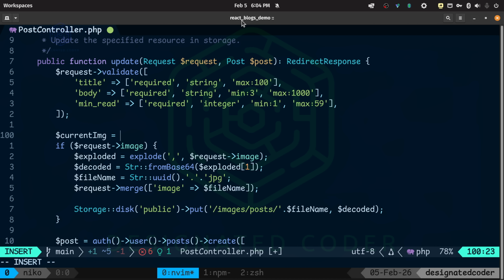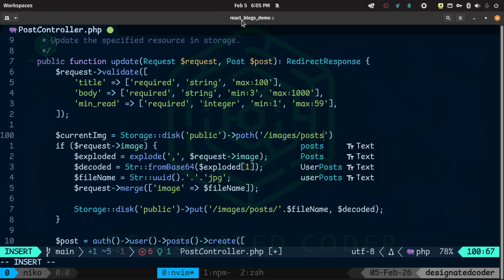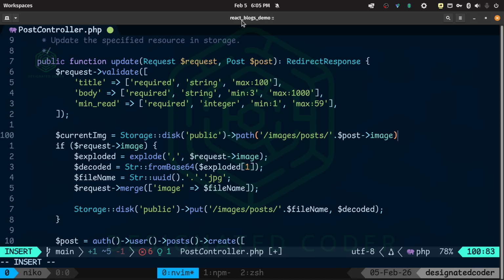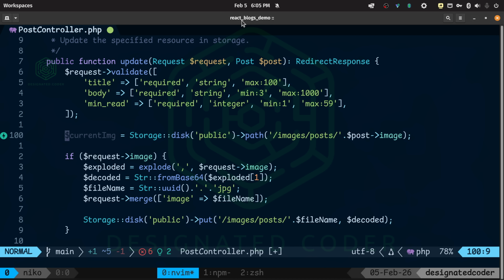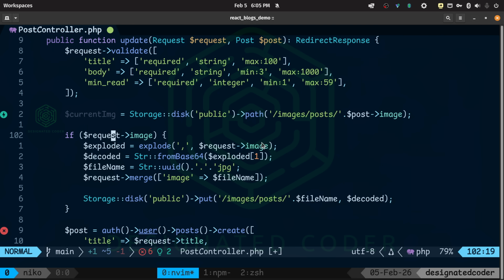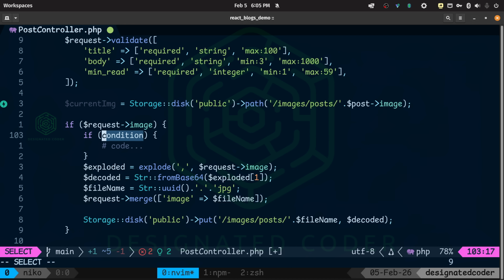And then I'm going to say storage disk public path images posts / post image. All right, now what is this doing? Well, we're just taking our current image that we have stored in our server. We're just defining the image that we're looking for, and then we're setting it to a variable so we can check against it. If there's a request image, an image coming from the front end, and if there's a post image,